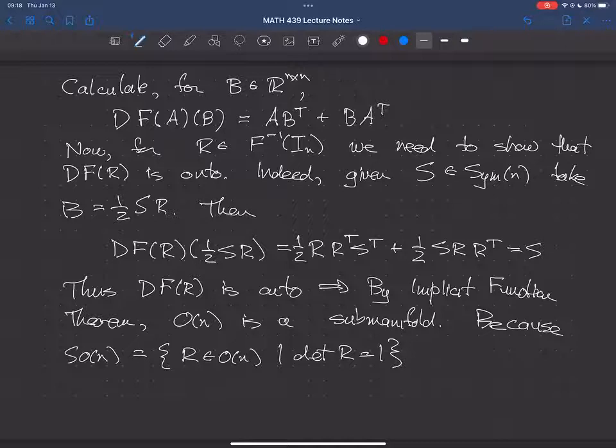And so what this means is that ON is a union of two things, right? It's a union of all the R's in ON with determinant 1, and all the R's in ON with determinant -1. And those two things are obviously disjoint. Can't have determinant 1 and determinant -1 at the same time. And I've already shown that ON is a submanifold. And so I have these two disjoint bits of ON, and if ON is a submanifold, then each of the disjoint bits also has to be a submanifold. That's the argument there. And I will summarize that by just saying that